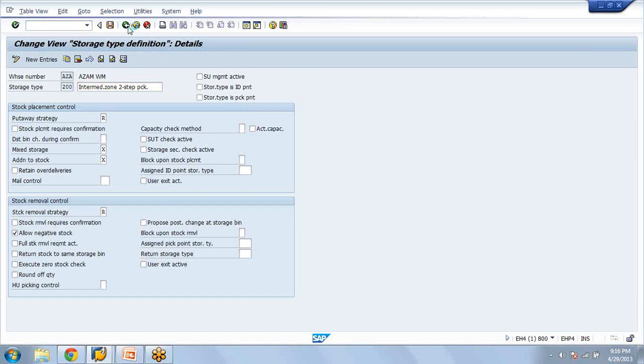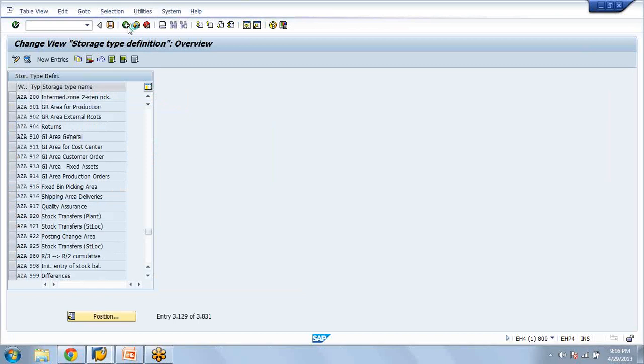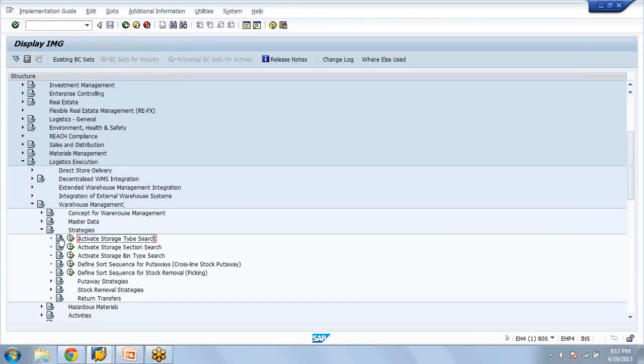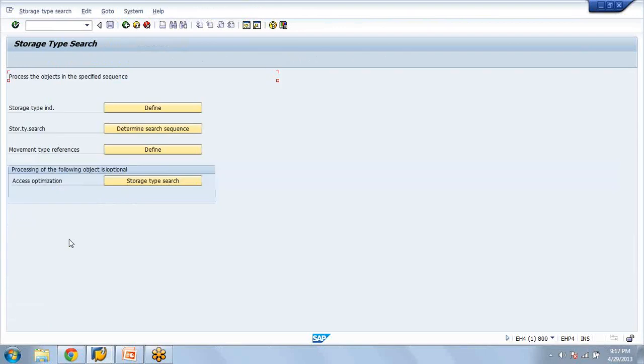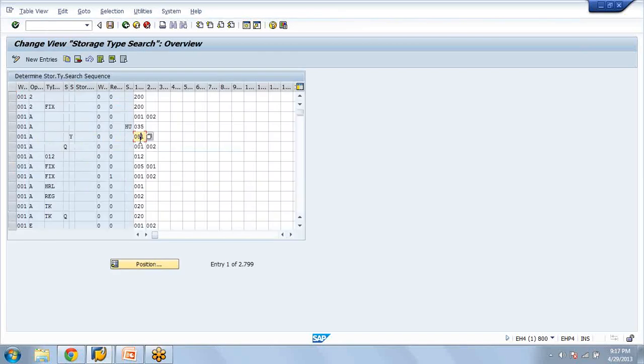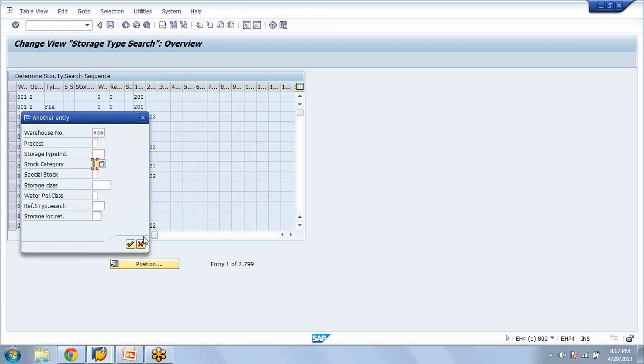Actually, this 200, when I copied it from some standard, for this two-step picking we should define a strategy, even for two-step also. So when it is copied from some standard, it has been given as 001. Sometimes that was an issue I was facing that day. Didn't understand. Now what I've done, I have